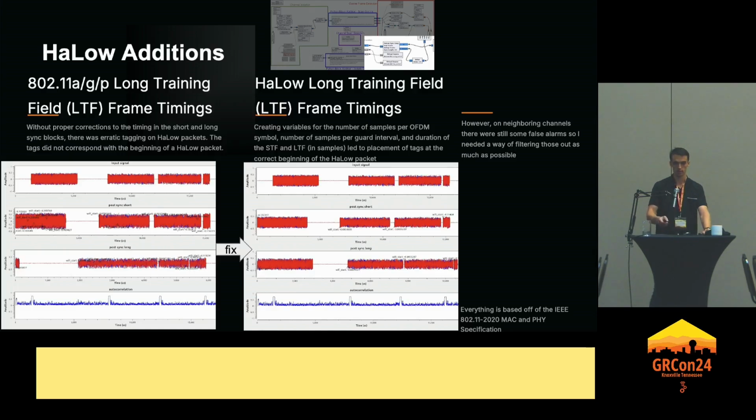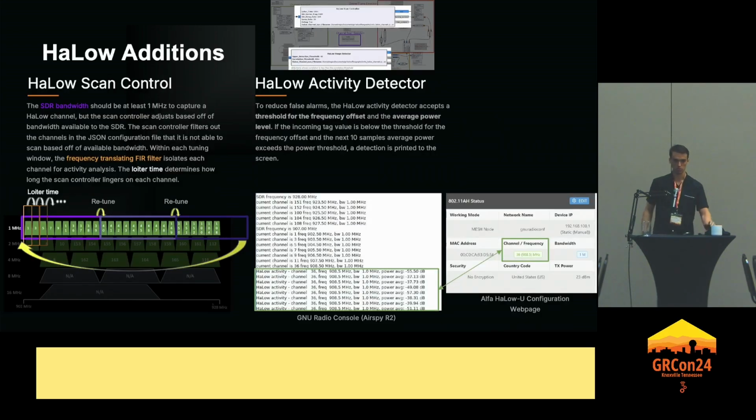So I had to then add in 2 additional blocks here. These are just embedded Python blocks. The one on the left is the main scan controller. This is pretty standard. It takes the bandwidth available to you for the SDR that you have plugged in, and it will parse in that JSON configuration file that I mentioned earlier in the presentation and determine fixed windows that it can place your center frequency and your bandwidth so that you can see the maximum number of HaLow channels simultaneously.